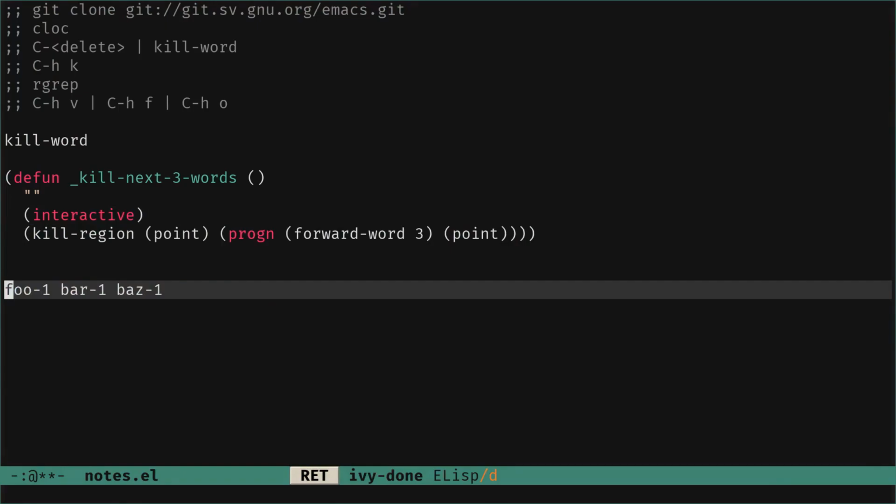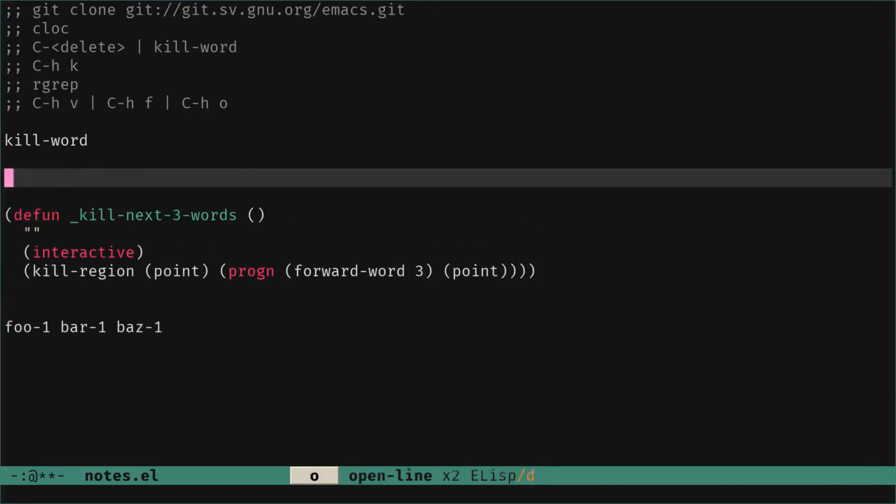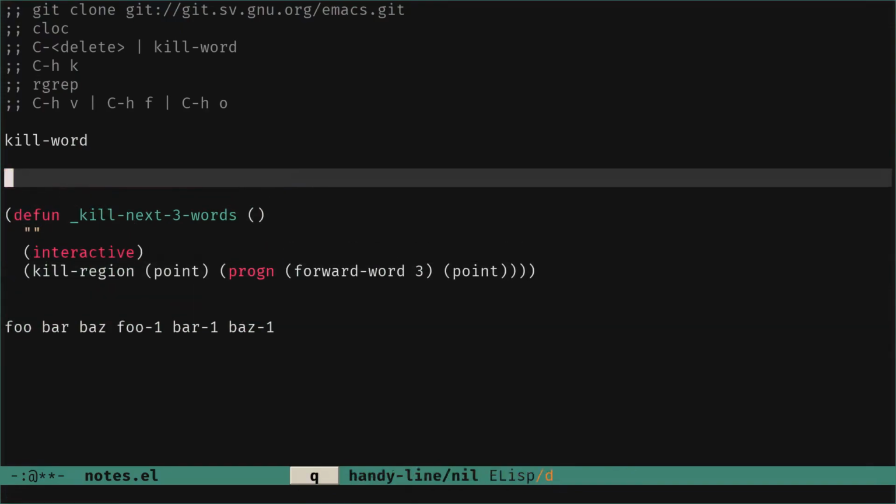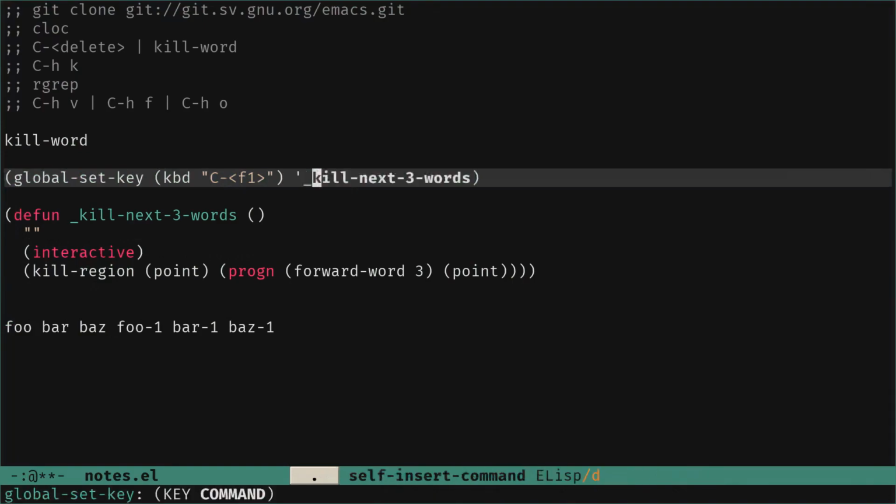Maybe last thing, because generally when we do that, we want to bind it. Maybe global. Wait, we put that again. Global set key, and anyway we bind it to F1. This is maybe not the binding that we are going to keep, but kill next 3 words. We evaluate, and now let's use again the function to call describe key binding.